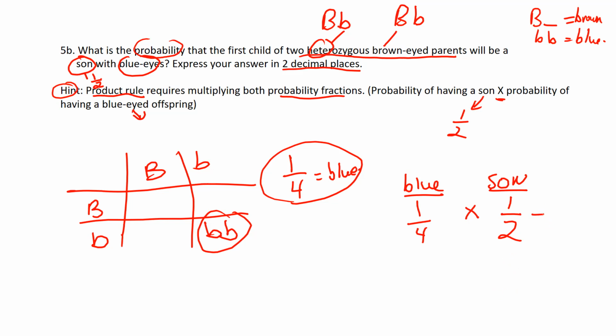Now we bring these together and multiply. When you're multiplying fractions, you multiply the numerators across the top: 1 times 1 is 1. Then you multiply together the 2 denominators: 4 times 2 is 8. Now, they want this answer in 2 decimal places, so we're going to take that fraction and divide the numerator by the denominator. So 1 divided by 8 is going to be